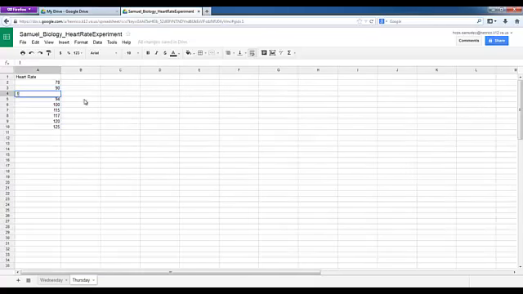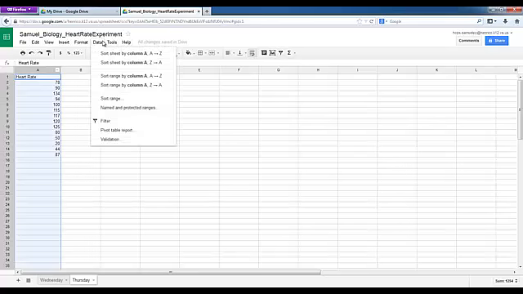So let's say, right over here we've got 134 as one of the heart rates. Down here we've got 80, 50, 20, we were almost dying at one point. 44, 87, whatever. Okay, so you select this whole row, and you go up to data, and you sort